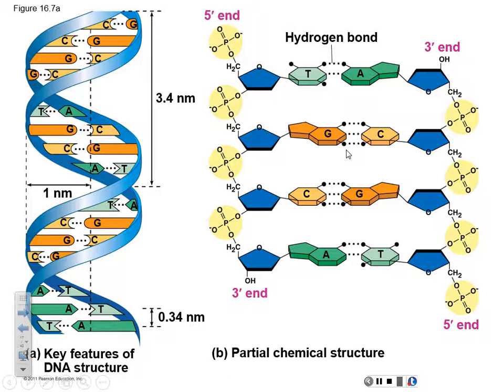G and T can't base pair. C and T can't base pair. C and A can't base pair. These hydrogen bonds, the spacing is wrong, the charges are wrong. Only T can hook up with A, and only G can hook up with C. Okay? So these are things that Watson and Crick are discovering with the structure that fits these three important dimensions that Rosalind Franklin had given to them. And when they get this structure,